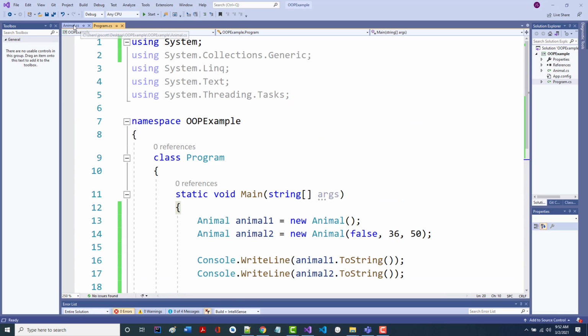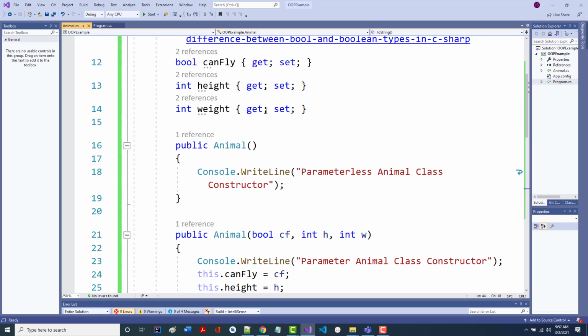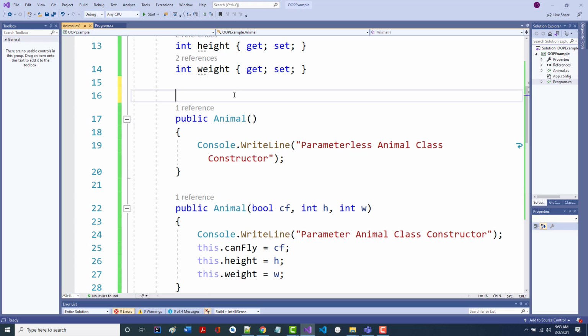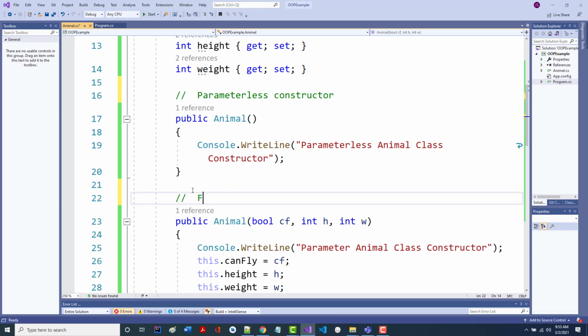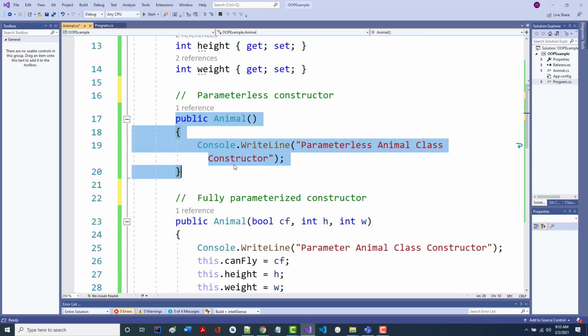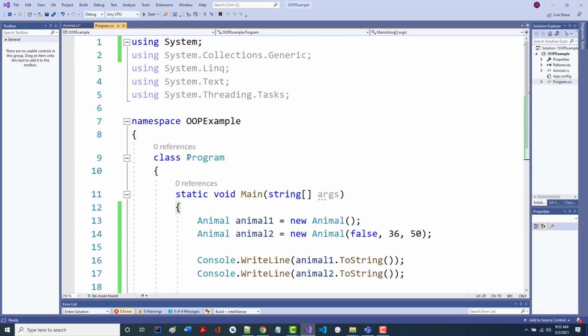Okay. We came in and we created an animal class, and we put in these auto-implemented initializers in there, so we didn't have to go and write all that stuff that we talked about before. And then we put in a, you don't worry about writing this. You're not turning this in anyway. So again, this was our parameter-less constructor, and this was our fully parameterized constructor. So this one was called, right there, that one was called when we did this,